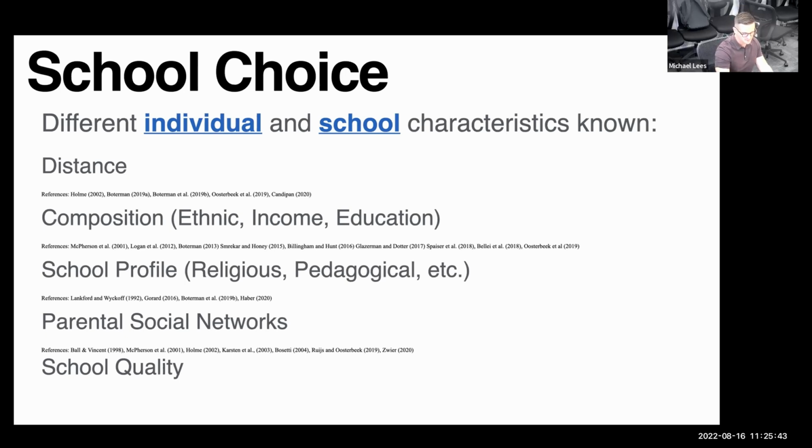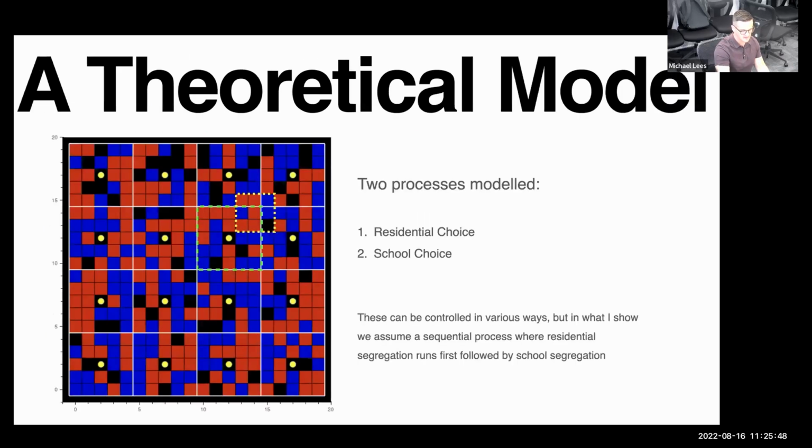So I want to preface what I'm going to talk about now with all of these things. You can think about everything that's there. But what we do with these theoretical models, or these agent-based models, is we reduce it to the simplest description that we possibly can. So I will now go through the basics of our, let's say, most simple model. There are two processes. We don't couple these processes together at the moment.